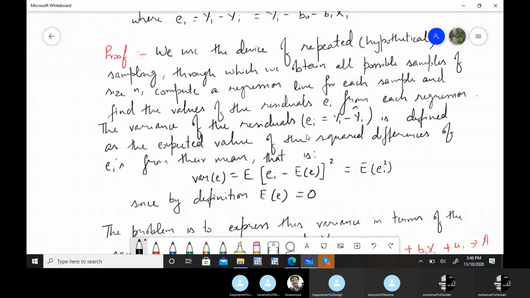So this is the residual term. You can use UI or EI, whatever you want. Let's suppose we are taking it from the sample. So actual Y minus estimated Y value, that gap, is the residual. Let's take the gap for the sample as EI. So the variance of the residual is,